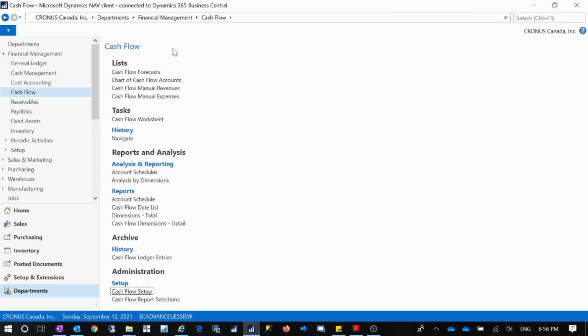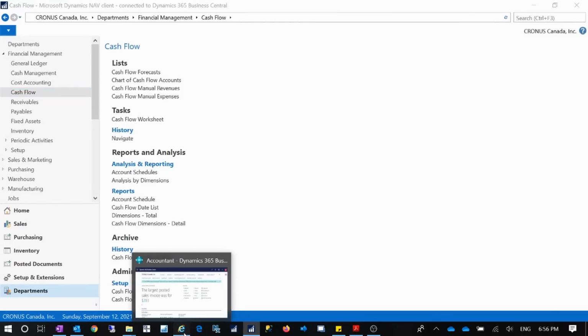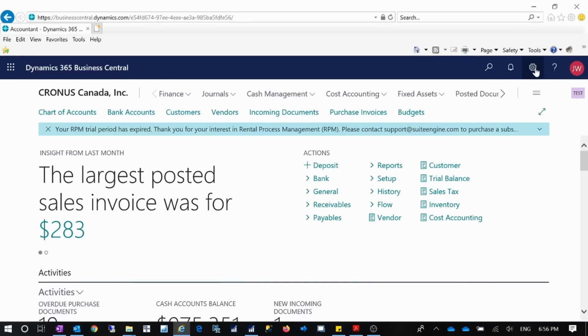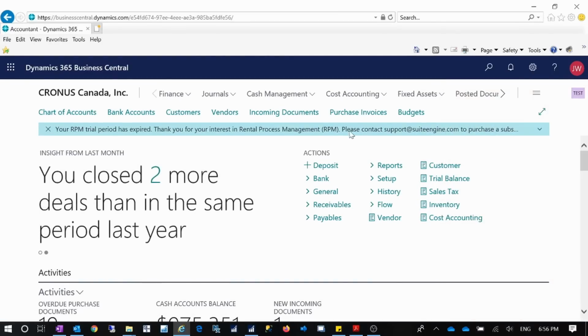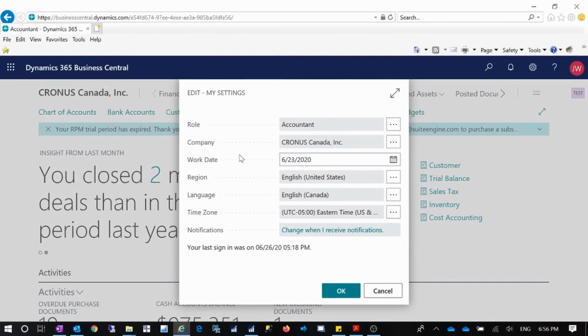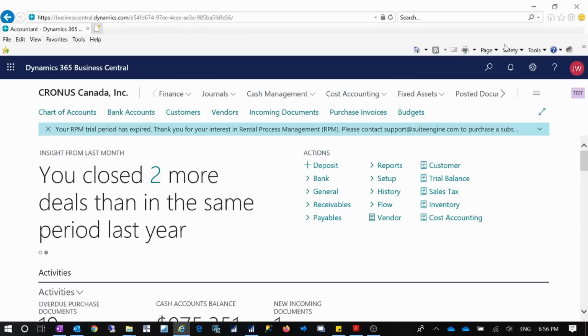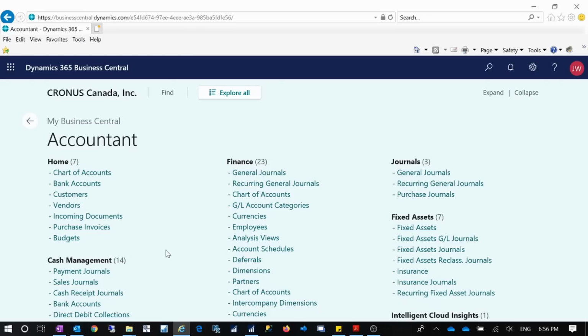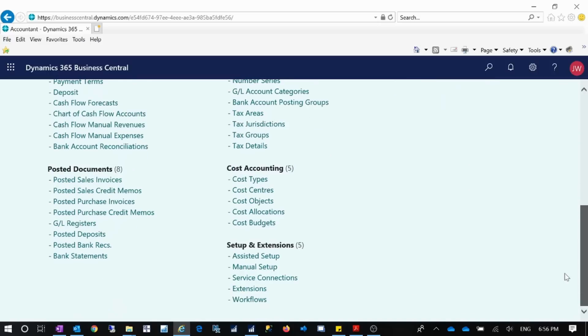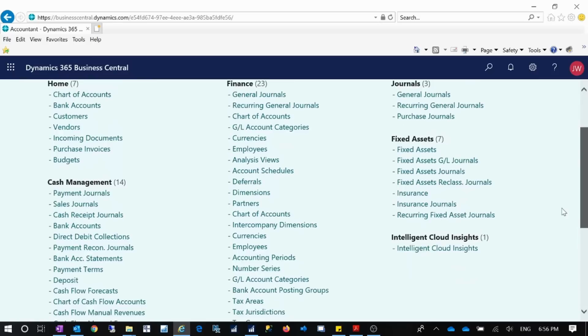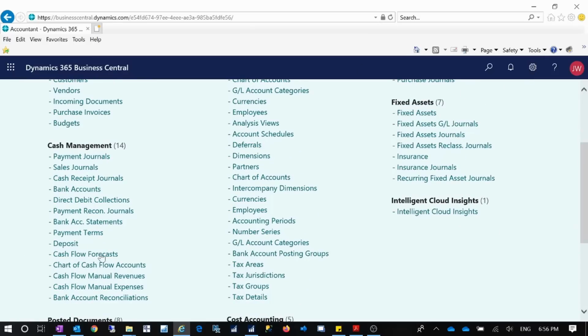Okay, so that's for the on-premise version. But if you are using Business Central online, it's better to switch your role to the Accountant role. After you switch to the Accountant role, if you click on this menu button, you can see a list of what modules are available under this role. If you are using another role, this cash flow management section may not be available to you. But if you switch to the Accountant role, then you will see the cash flow section here, which is under